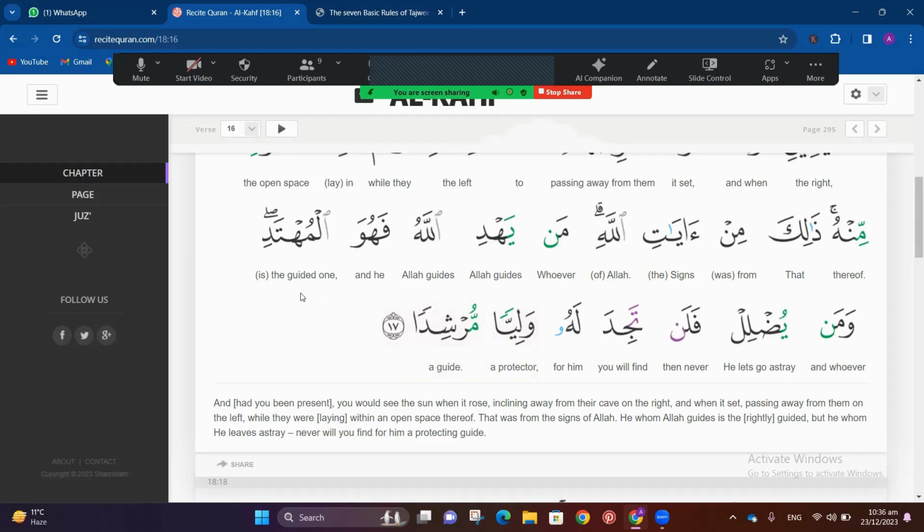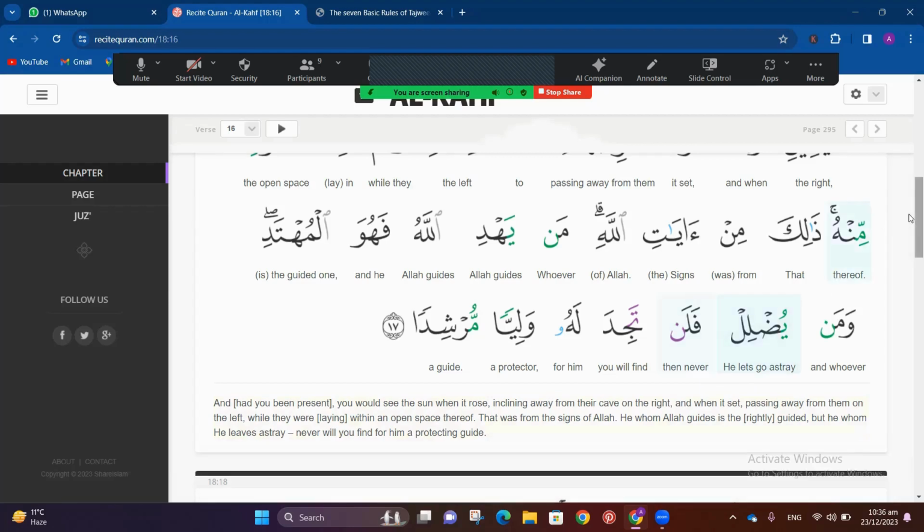Muhtad. So I have stopped here. That is why I am doing qalqala here. Qalqala here means the sound bounces back. Okay, the sound bounces back because whenever the dal is going to be in sakin position, it bounces back like this. Muhtad. Tad. Wa man yudlil falan tajida lahu waliyyan